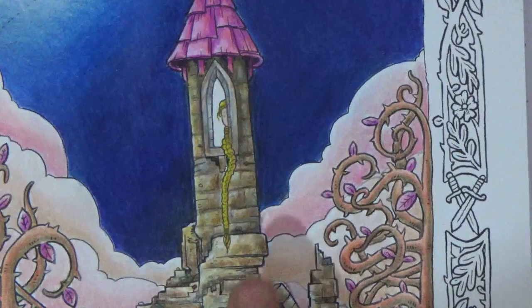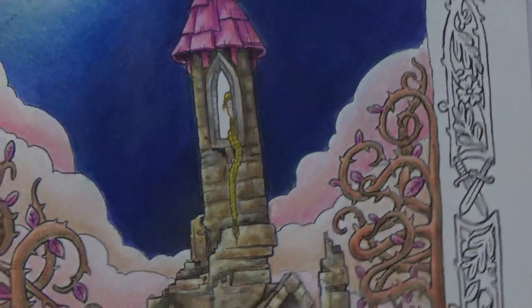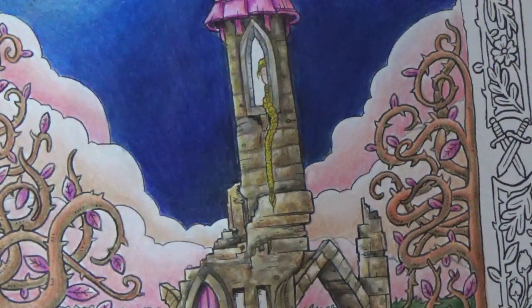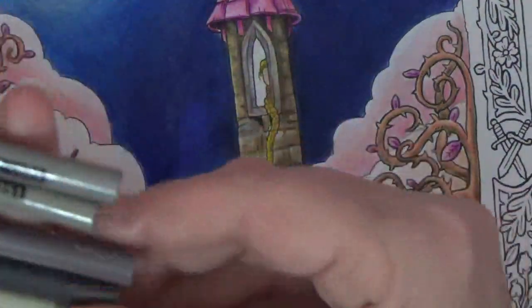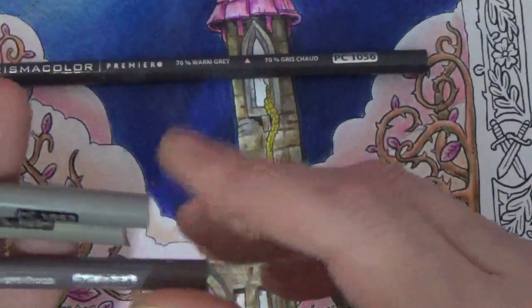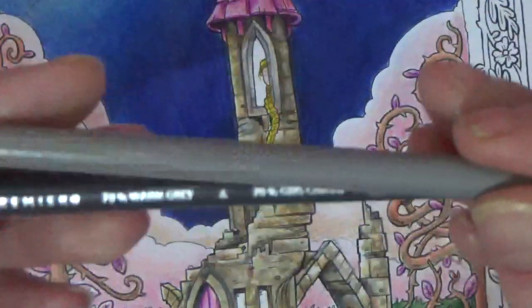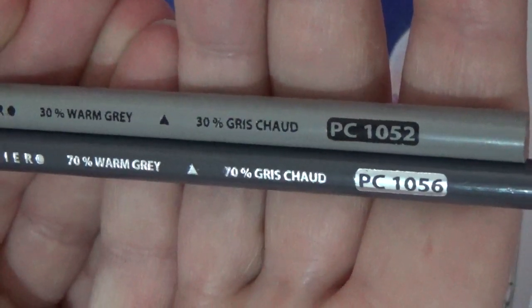There we are. I don't know what to do in these. I think I want them dark. Well, those I want dark. So we could get one of those really dark greys that we had. Let me see. Should all be out on my desk, which they are. Let's grab them. So let's do 70% into 30. Let's try that. Let's try 70% warm grey into 30% warm grey,